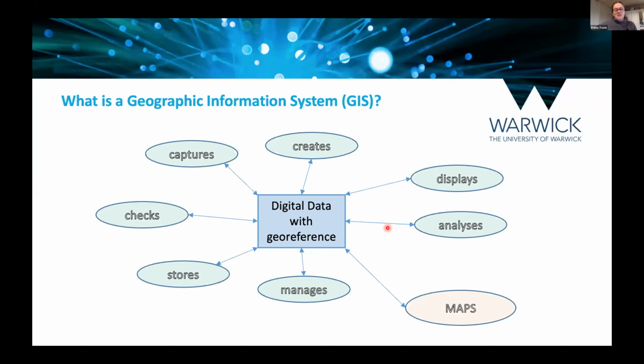Another way of thinking about what geographic information systems do: it's centered around your digital data, and it always needs a georeference, typically XY coordinates, but it can also have Z. So XY would maybe be your latitude, longitude. There are a variety of different coordinate systems which can be used. So it allows you to capture data, create data, display data, analyze data, manage your data,